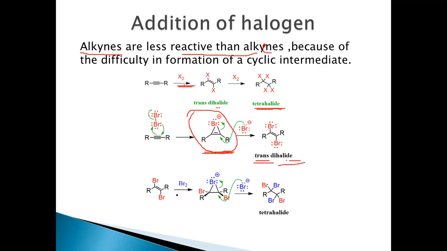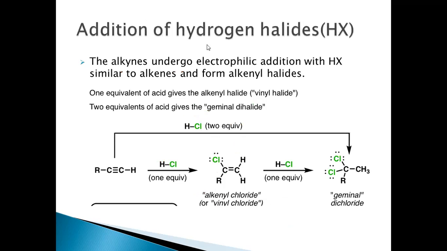And then another molecule of Br2 is added to this dihalide. Again, the same mechanism follows, that is formation of the cyclic bromonium intermediate, and Br minus will attack in the next step, resulting in the formation of the tetrahalide. Now let's look at the addition of